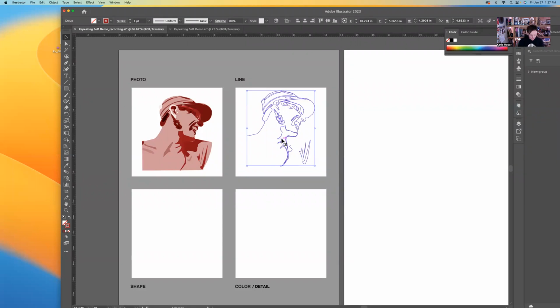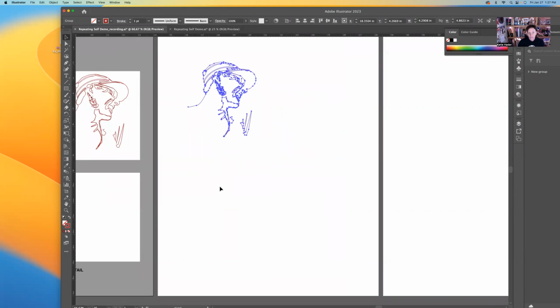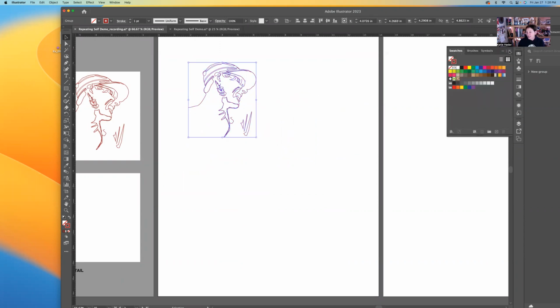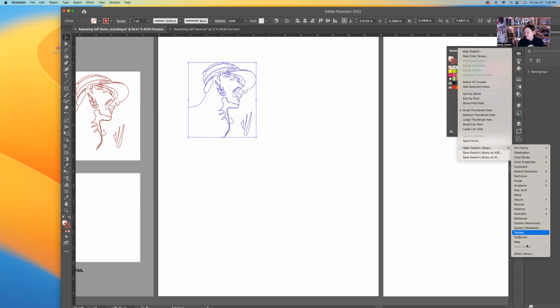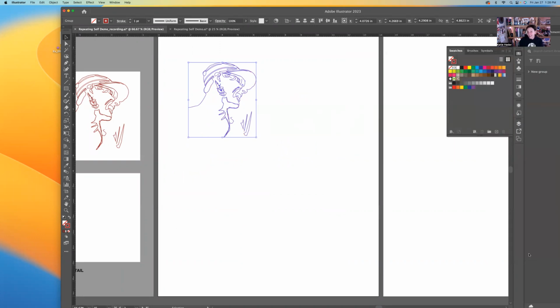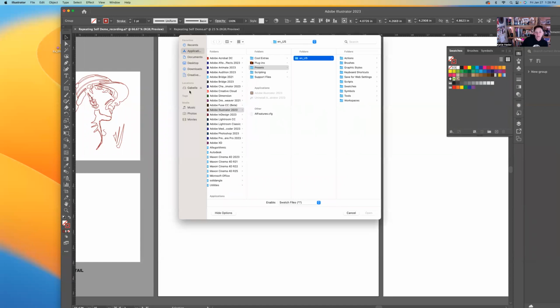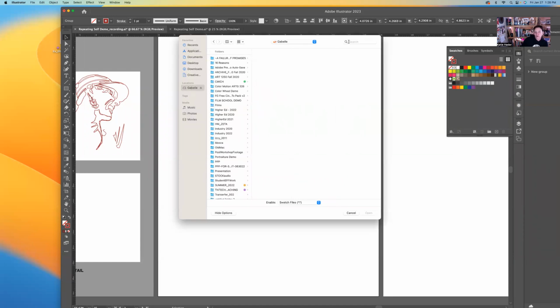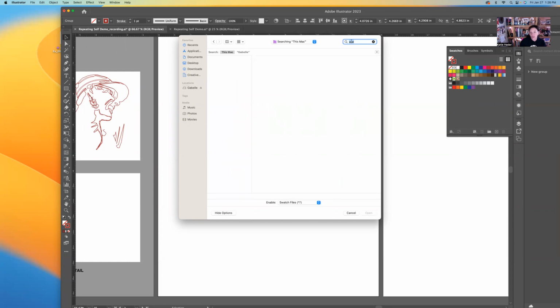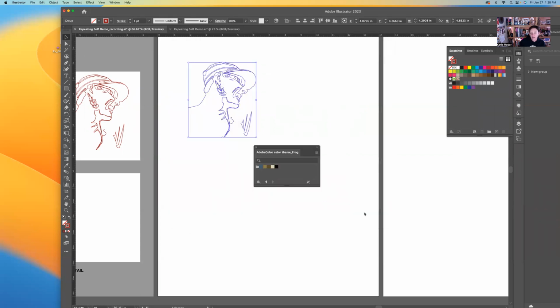I need a copy. So that's click, option, drag. Sweet. And I'm going to lay it right there. That makes me more or less happy. The thing that would make me even more happy is if I had some of those swatches that I worked so hard to get off the Adobe website. So I'm going to go to where I've saved these and just search ASE, which is an Adobe color swatch we talked about a little bit. I'm going to pull in some that I have